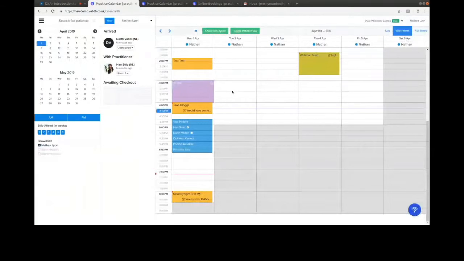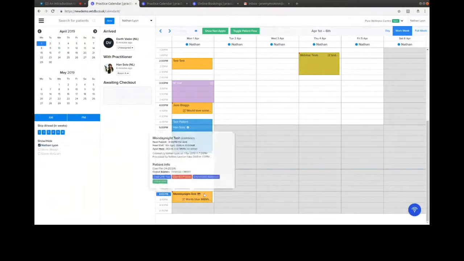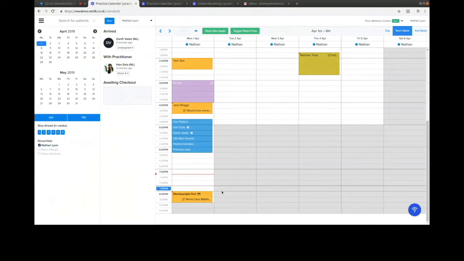What I'm going to do now is an online booking procedure so you can see the potential automation from a patient and also from the business side of things. A patient can book in online, they can pay online, and they can fill in their custom intake form online. So by the time they come into the clinic, they've already paid, they've already done the intake,